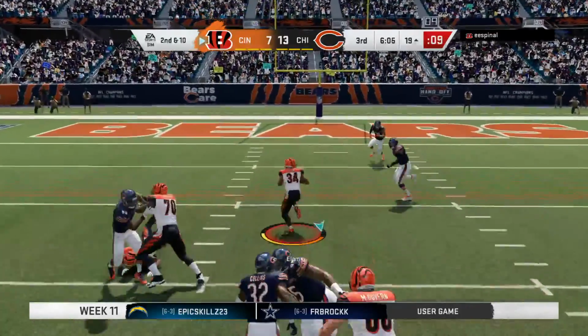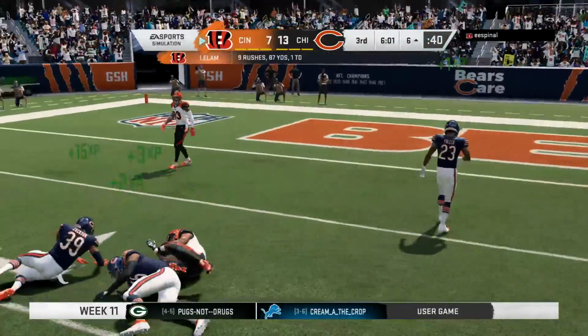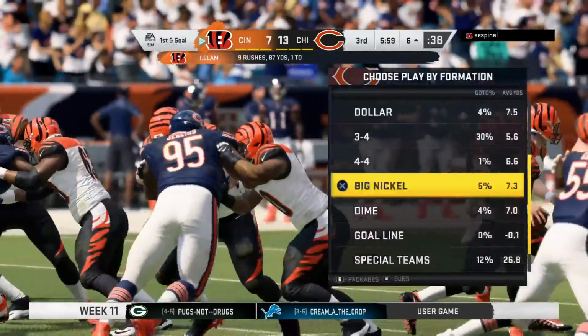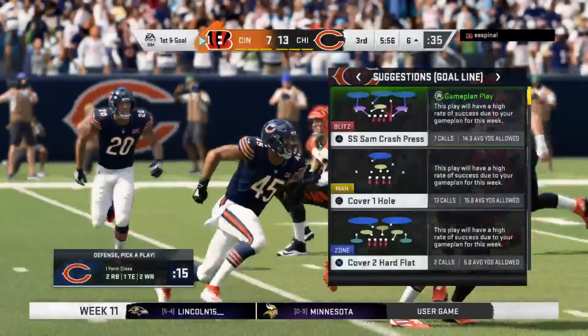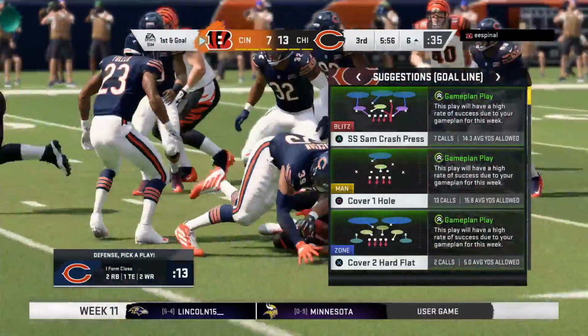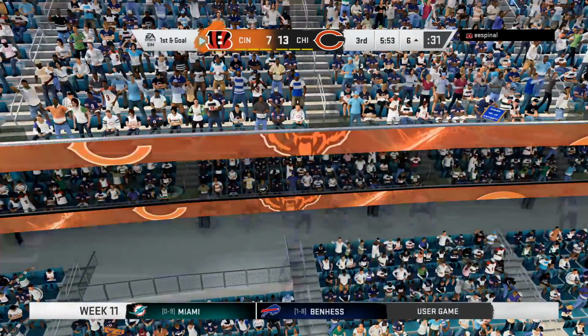On second down, Elam. And they work this near the 5. He'll be stopped at the 6. A solid pickup of 13 sets him up first and goal. He's obviously a bit of a shorter running back. Sometimes when he goes up the middle like that, he gets lost in there, and then he pops out for